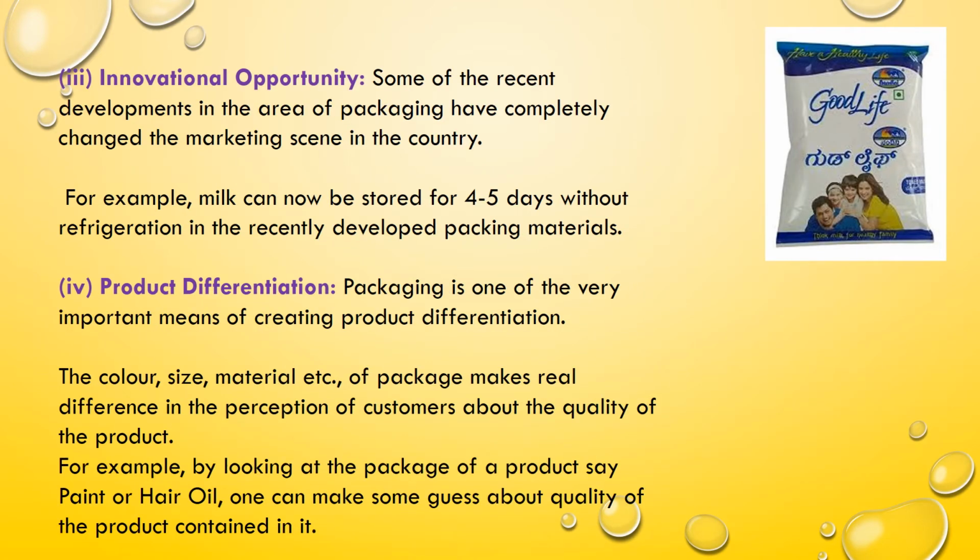Innovational opportunity. What is this innovational opportunity? Nowadays, there are milk packets which in those days used to only last for like one day. The packet of milk would stay, and after that, the milk would get spoiled. But nowadays, you have modern products like Good Life, where if you're taking babies on a long trip, or probably a two or three day trip, and you are scared to purchase any Nandini or Arogya milk packet,